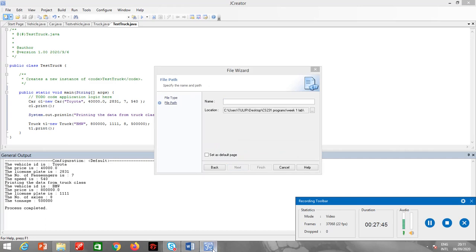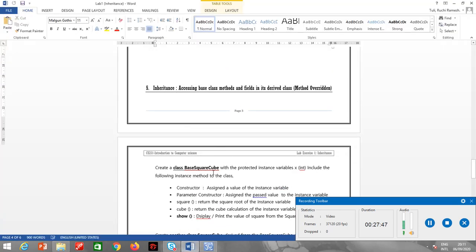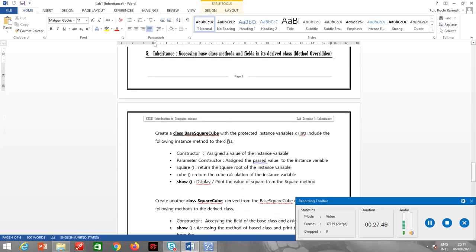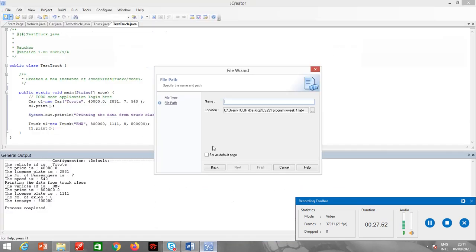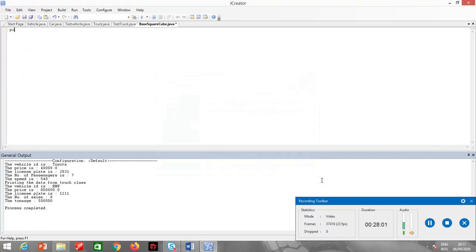The name of the classes, this is an example of the overriding. Alright, so method overriding. Public base square cube. So what should I have? Variable int x.